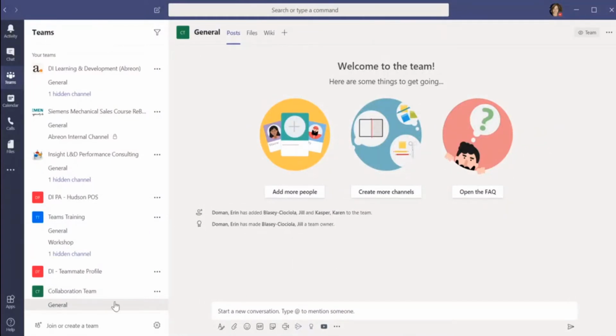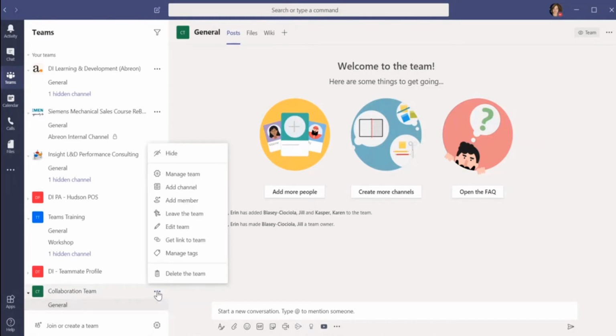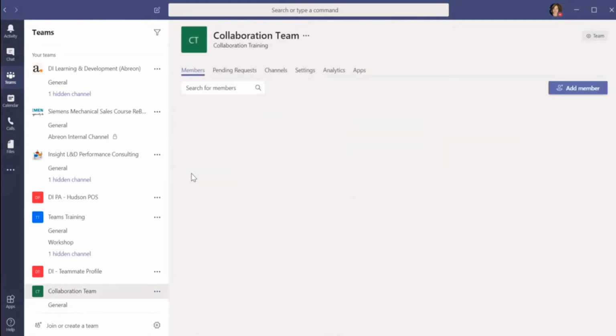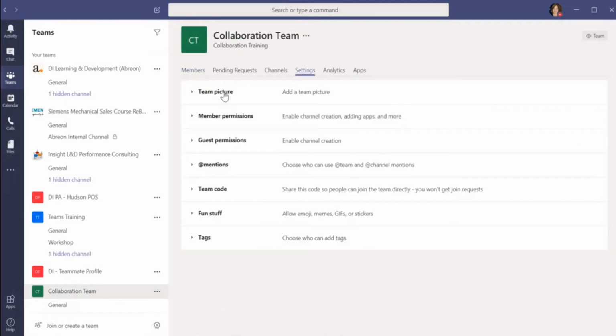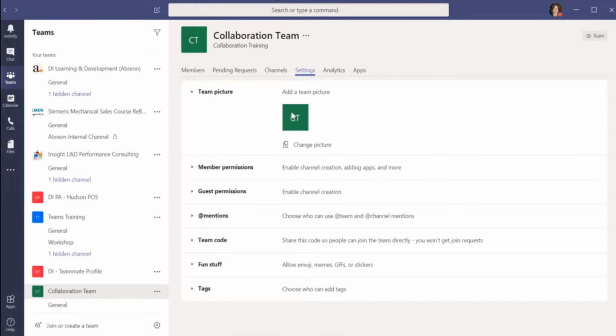Next, let's talk about adding a picture for your team. So right now we're seeing this green icon with the letters CT for our Collaboration Team. We can change that picture to be a logo if we have branded our particular project and want to put the logo in for that project, or whatever you want the team picture to be. All you do is click the ellipsis for the More Options next to your team and choose Manage Team. Now you can do all kinds of things from the Manage Team area, but if you go into Settings, the first option there is Team Picture, and we'll click that, and we can see that currently we have a green square with our Collaboration Team initials in it. Click Change Picture,